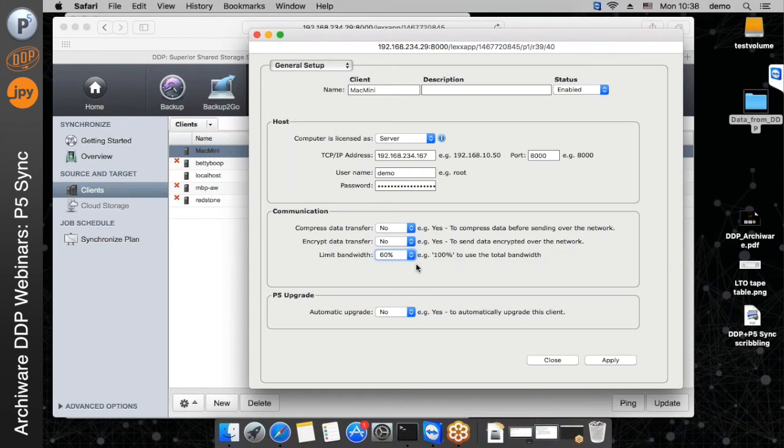There is another question here about, do you need third-party products to accelerate or compensate for long latency when you replicate to remote locations? That's a good question. We all know there are third-party products that just try to optimize the connection, but with P5 that is already built in. So we started from the very beginning to optimize and have additional features for our connection that we have between P5 installs, sorry, could be DDP installs